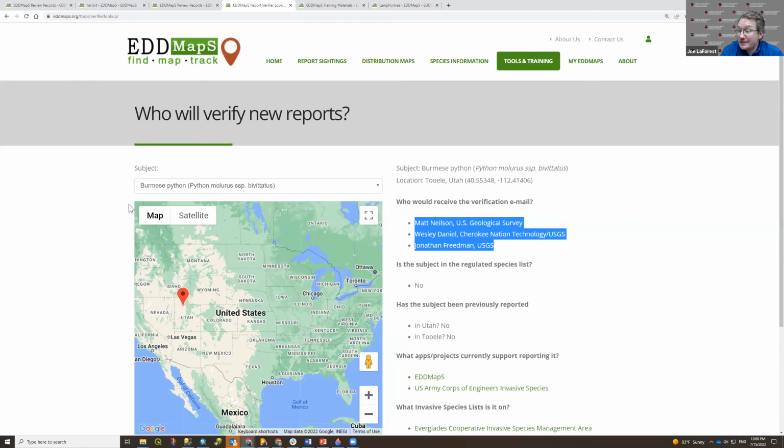How long should it take for these? We all know that it's based on the resources that are available. While we wish that there was an infinite amount of resources to respond to every invasive problem, there just isn't. But it is still useful, even if there are reports that come in and are unverified, we still find that